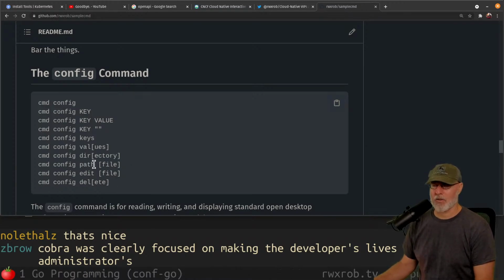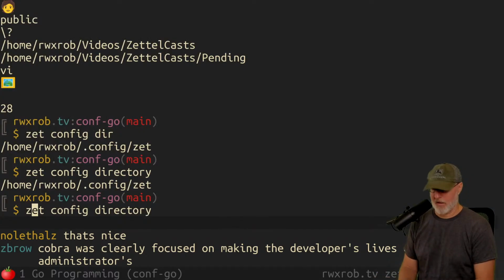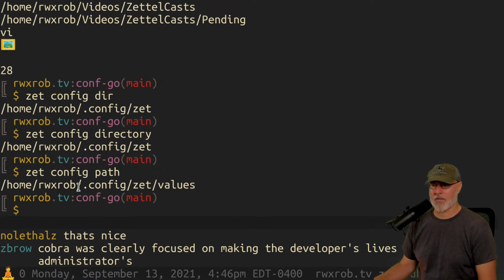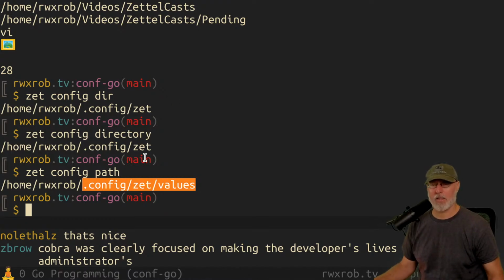So the config path, this is the path. The path that's resolved, this is actually automated. And if there's anything that gets tweaked here, that might be it. So this automatically finds the config values. This is standard. And it follows the freedesktop standards, unless it's overridden by a home environment variable, and so on. It follows all of those things, but it's done implicitly.